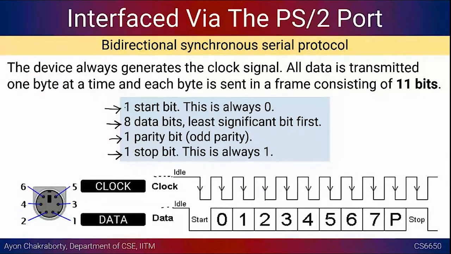And yes, so this is the protocol. That is how the PS2 protocol for the serial thing works, right? So if you want to start one more communication, there is a stop bit that is expected. So 0 is a start bit and 1 is a stop bit. That is how the protocol is designed, right?